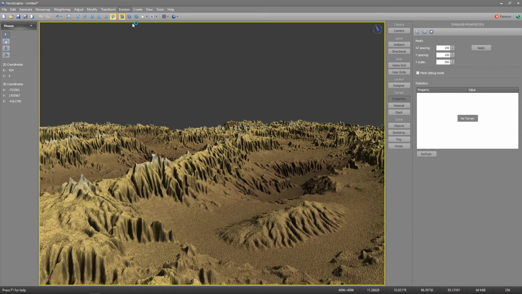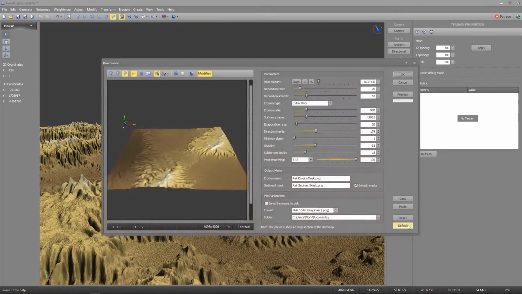And we'll do another rain erosion. I'm not going to save the mask this time either. Resetting everything to default, change auto as always. Then I'll want to